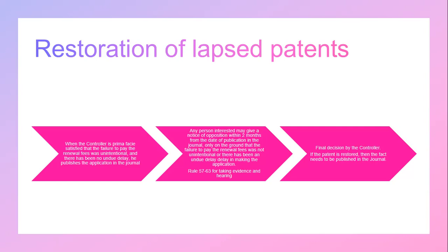If it's a lapsed patent, then my licensing deed will not have the same effect because my patent has lapsed. Or maybe another example: I have a patent and I'm intentionally not renewing my patent because I know that